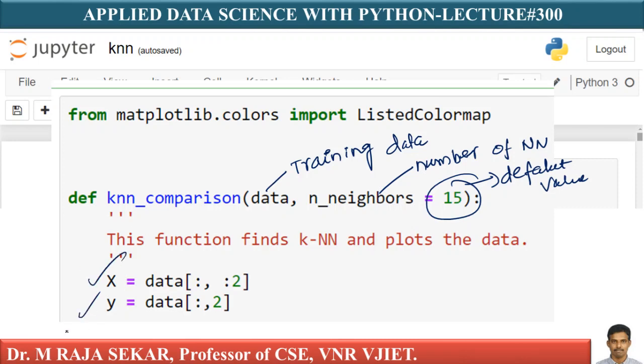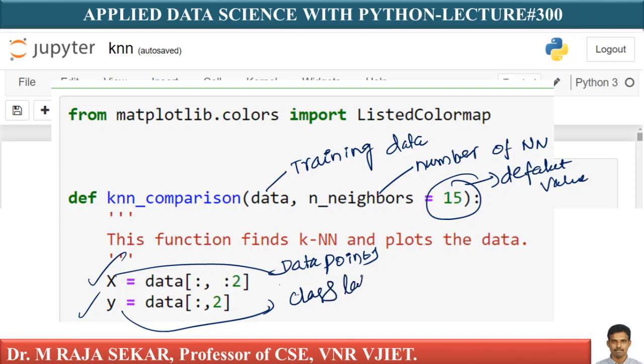If you observe carefully, x is the data points, it's simple and straightforward. And what is y? y is basically the class labels. These slicing sort of things we already discussed in my initial lectures related to the Python programming language.